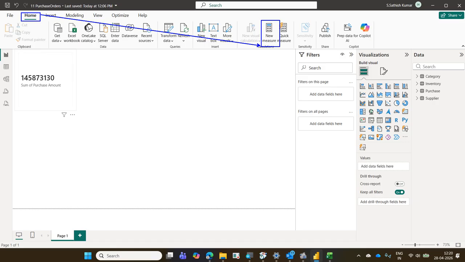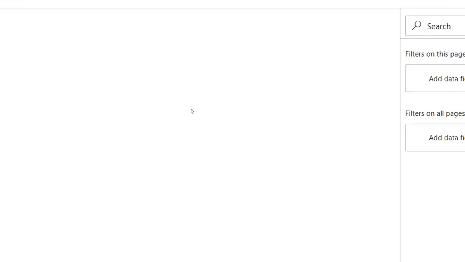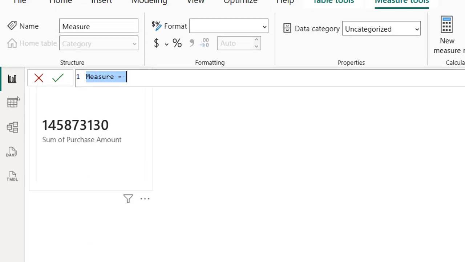What is the name of the measure? It says measure 1. I don't like measure 1. Let us give some name called total purchase amount. Don't say purchase amount, because there is already a column called purchase amount. You cannot give the same name. So I'm giving a name called total purchase amount equal to